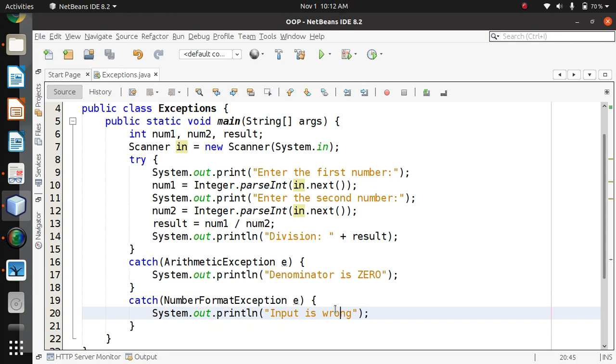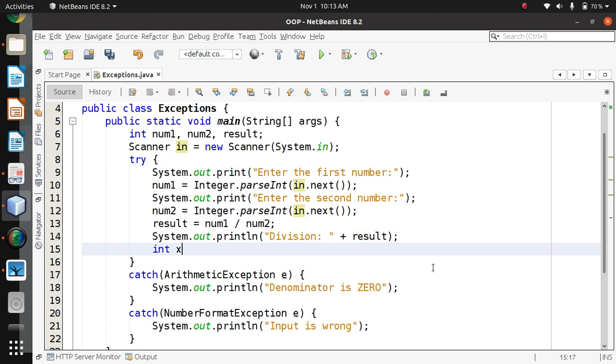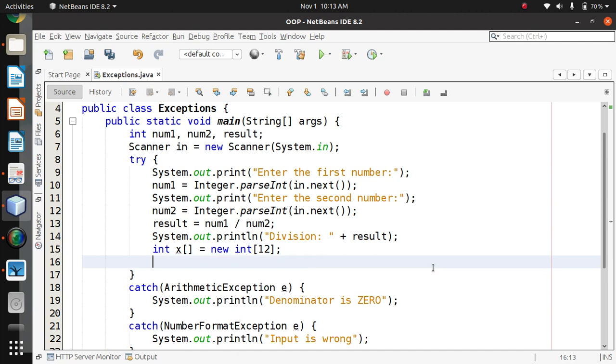It's also mentioned in the problem statement that we have to handle ArrayIndexOutOfBoundsException. When it is raised, I'll just show you. Let's create an array. I'm creating an array of 12 elements here, and in the x[15] element I'll be putting 89.